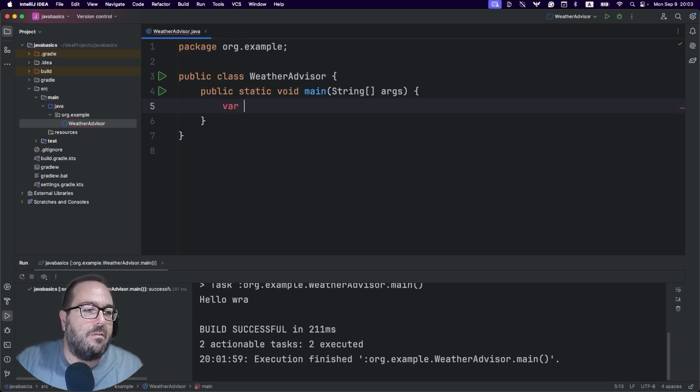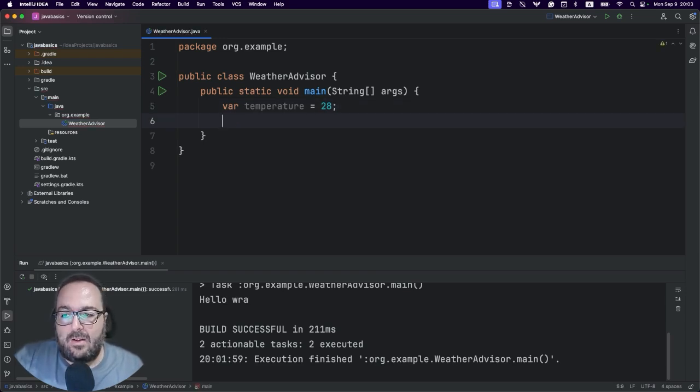Let's say that we have a var temperature, which is 28 degrees. We need a second variable to know if it's raining or not. It's raining equals false. Let's say that it's a good day, it's not raining.